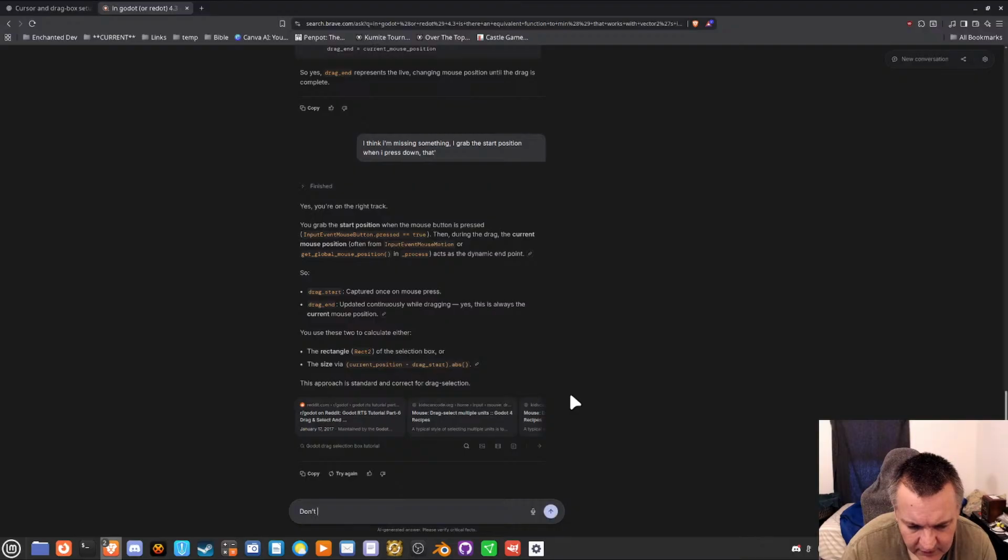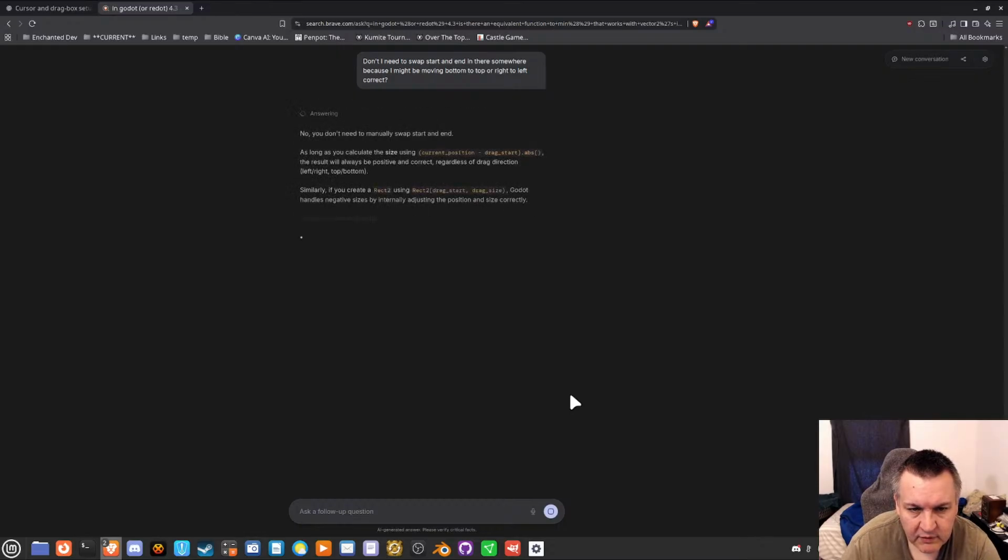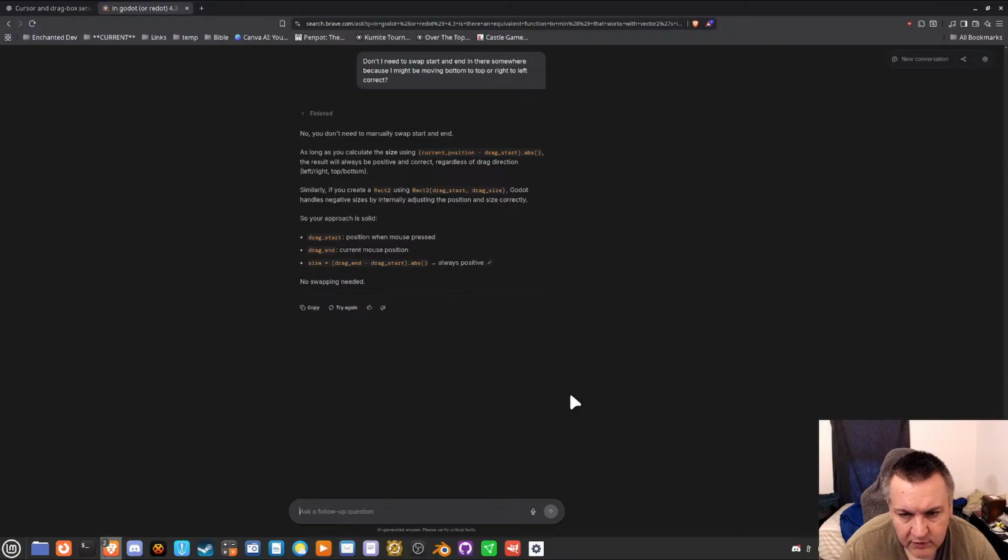Don't I need to swap start and end in there somewhere? Because I might be moving bottom to top or right to left, correct? Calculate the size using current position minus drag start.